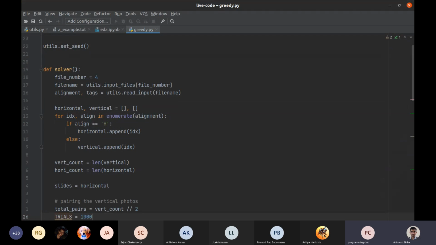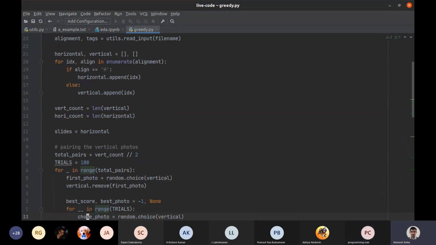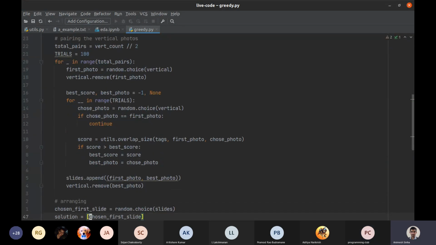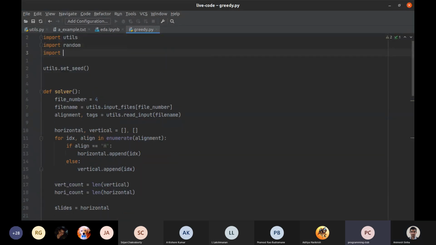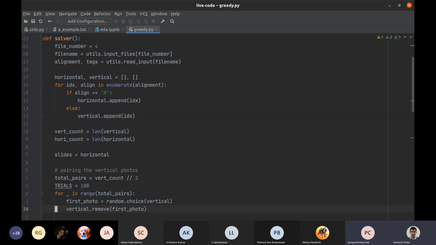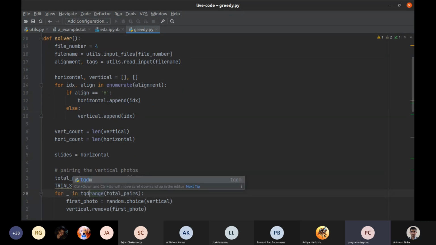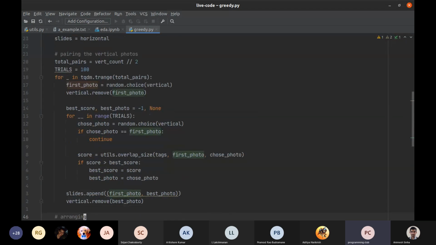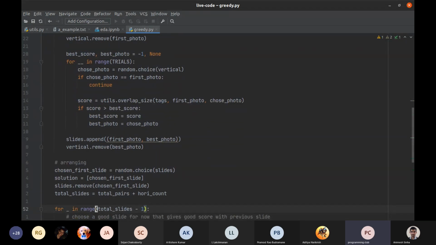One second. This seems like an opportune time to introduce TQDM. Again, all these things are not necessary to participate in Hashcode or to do anything, but they make your life a whole lot easier. TQDM is one such thing, and you'll see it instantly in effect.